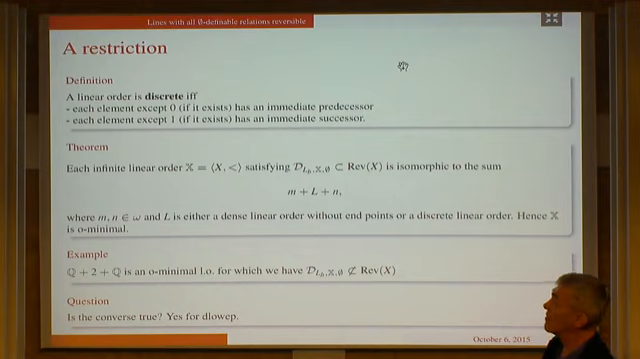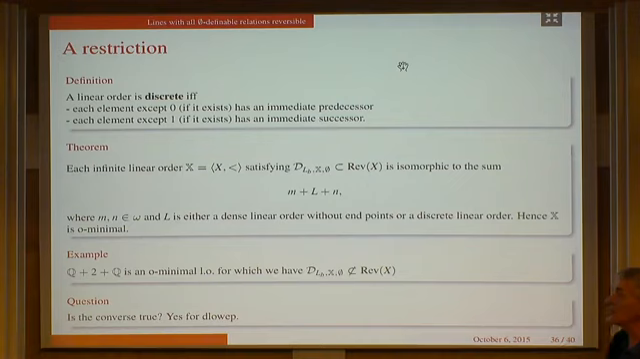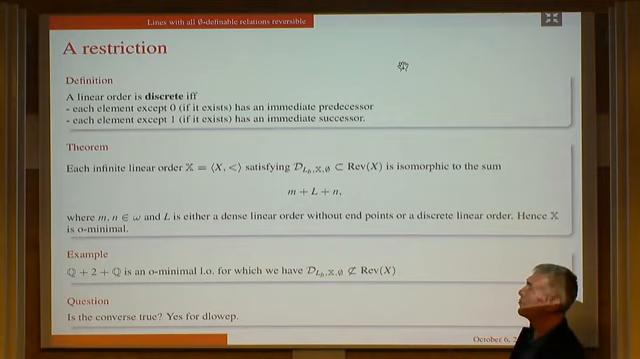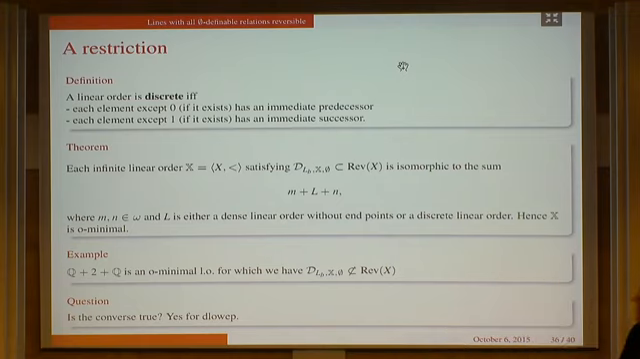First definition: a linear order is discrete if and only if each element, except the smallest, if it exists, has an immediate predecessor, and each element except one, if it exists, has an immediate successor. The theorem is,